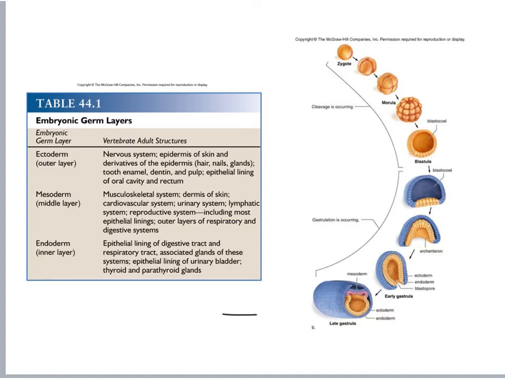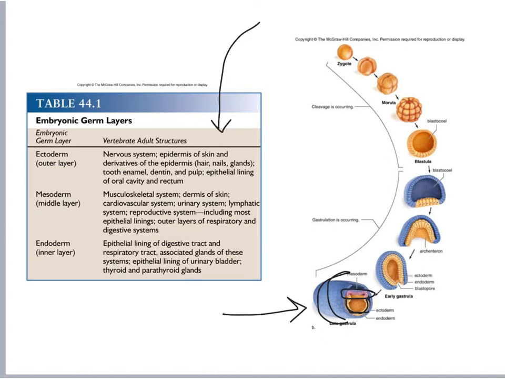And if we look at our late gastrula, once gastrulation is complete, you can see the outer portion of the cells is the ectoderm. The innermost lining is called the endoderm, and the middle layer in pink is the mesoderm. And if you look at this table here, you can see what each one of those layers is predestined to become. Now, if you are in Rachel Willard's class, I'd like you to flip over and look at the mini lecture that somebody has provided to you on the embryonic germ layers.